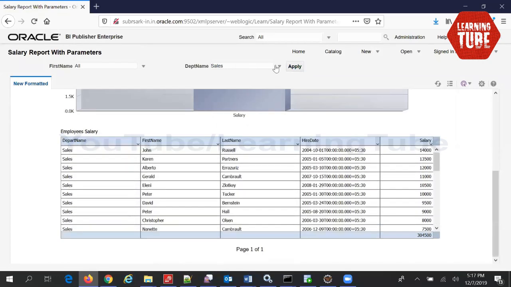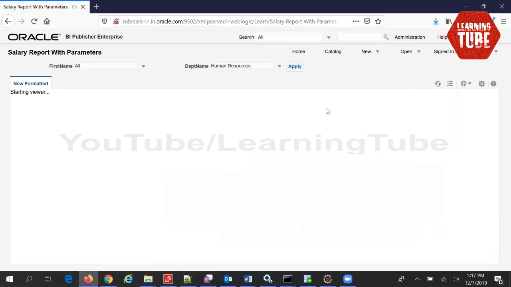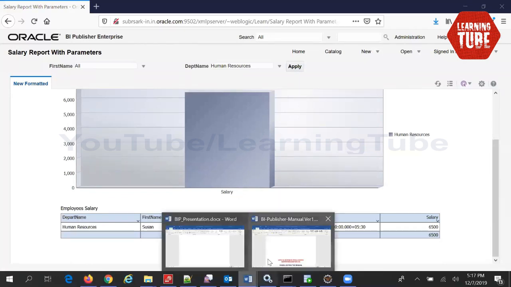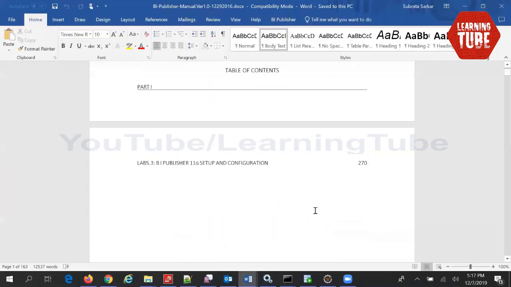So if you choose another department, say for human resource, and apply, we have only one employee in human resource. So this is how you create a report. So basically if you go here,